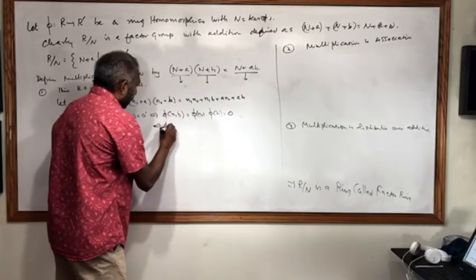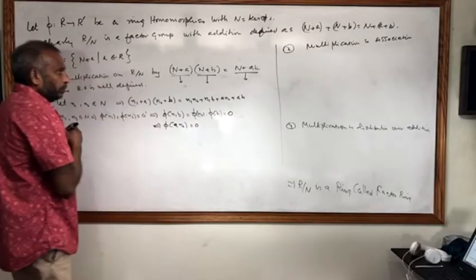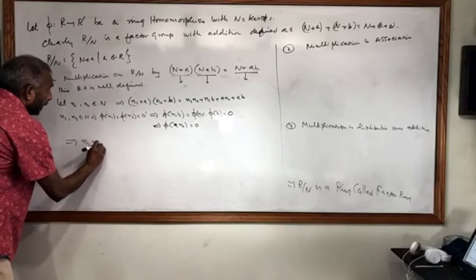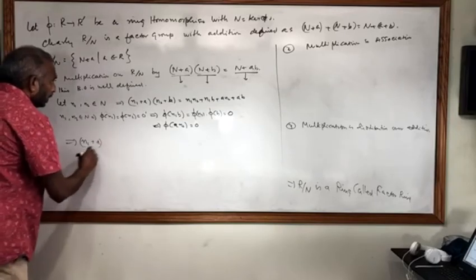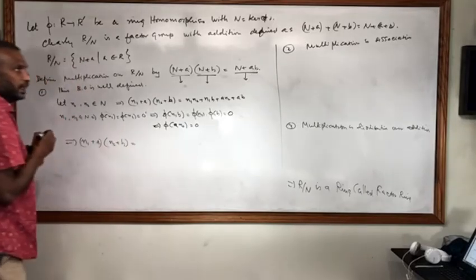Similarly, phi of an2 is equal to 0. So that implies (n1 + a)(n2 + b) is equal to